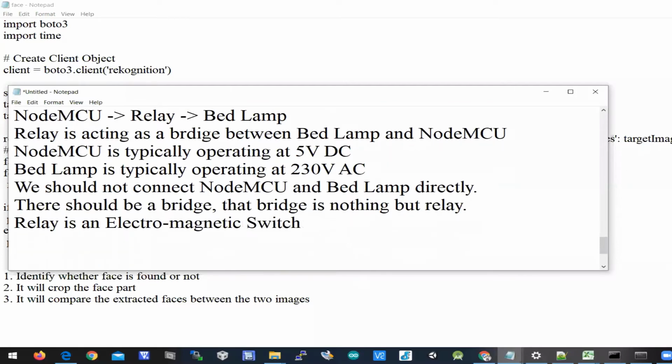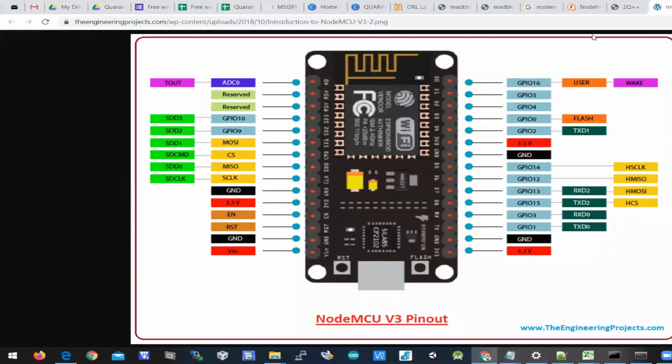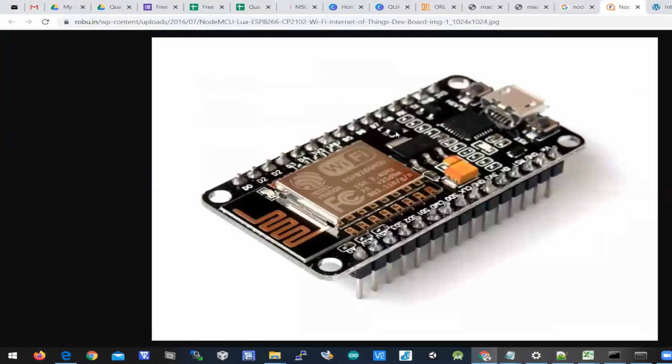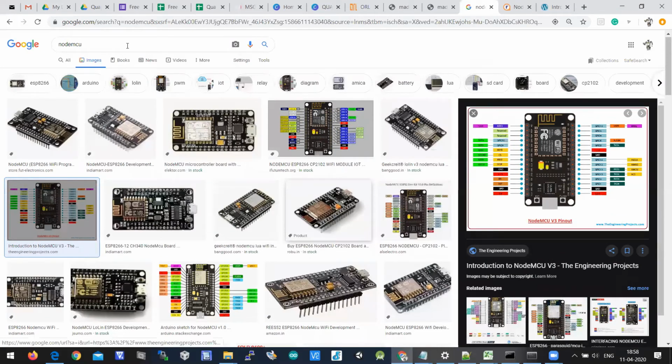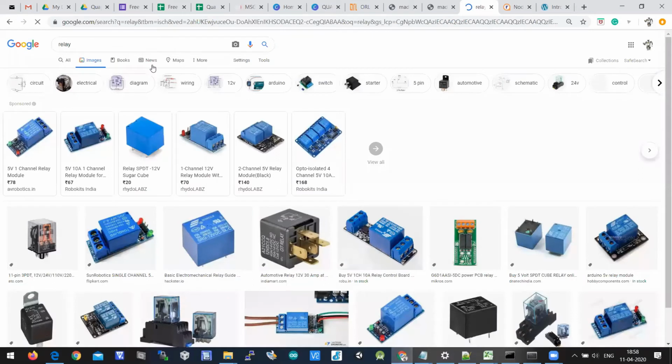So here, let's look at the relay. I'll show you what relay I'm using today. And this is the pinout. Let us keep this pinout aside. And this is the Node MCU which I'm using today. Let's search for the relay. I'll show you the relay.